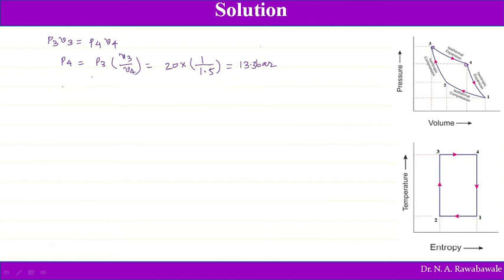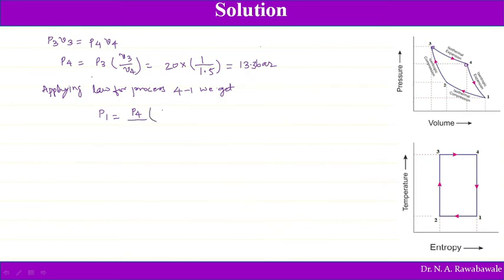So P4 to P1, applying the isentropic law for the process 4 to 1, we get, as per PVT relations, P1 is equal to P4